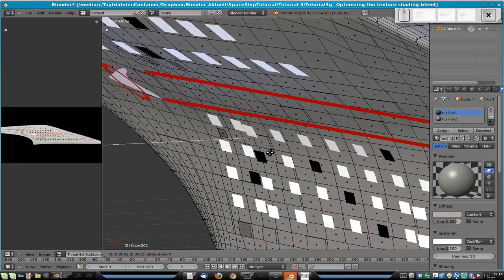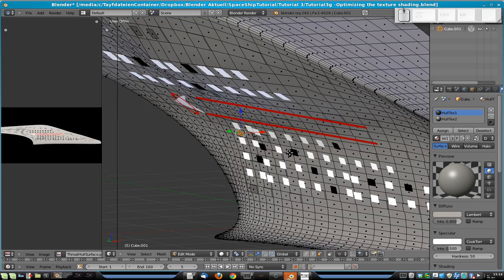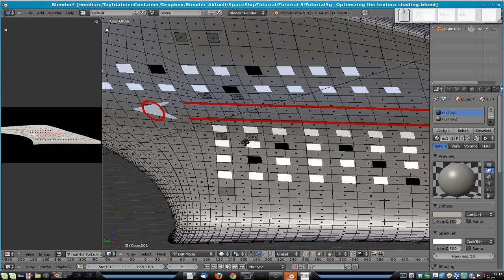Okay, this one disappeared into our mesh, so just move it a little bit out. Okay, so this time we will select this face,